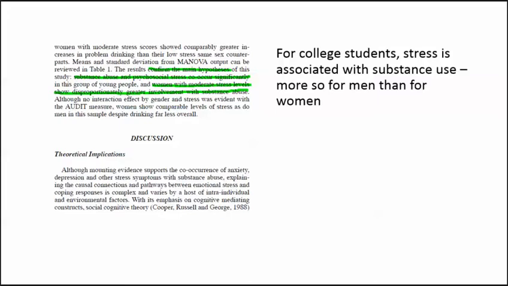Hopefully, before you were too frustrated, you used the keyword search and discovered that they place the summary of the results at the end of the results section. That information may have even caught your eye without a keyword search. In finding the focus, we noticed that they were interested in substance abuse and stress in college students, and particularly women. The highlighted information represents the key results. Your notes on the article summary template should include at least the information included in the example in this slide.